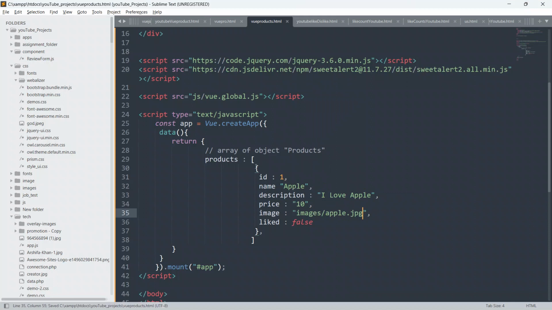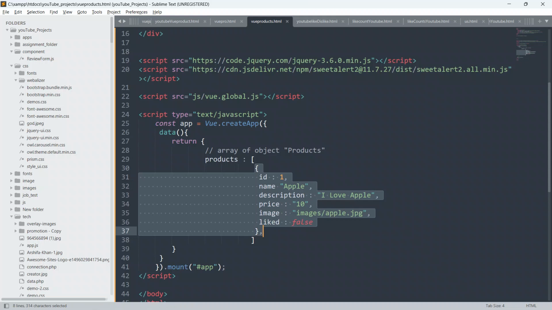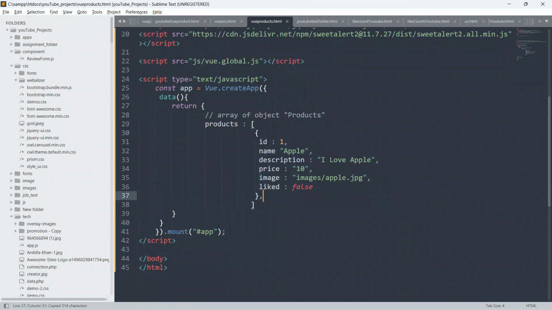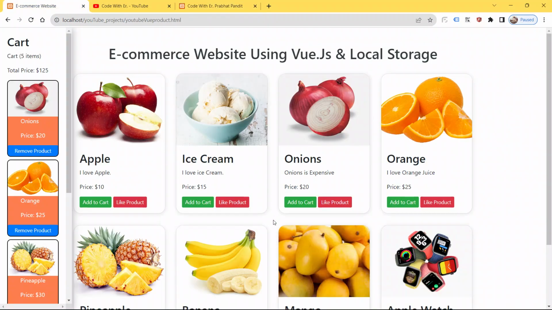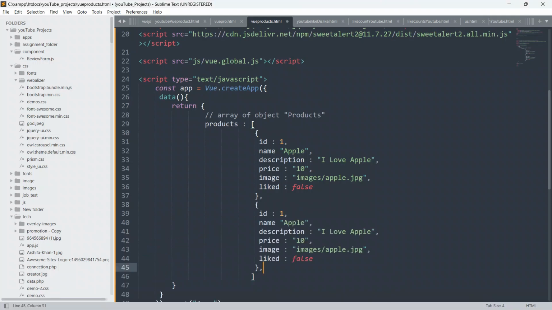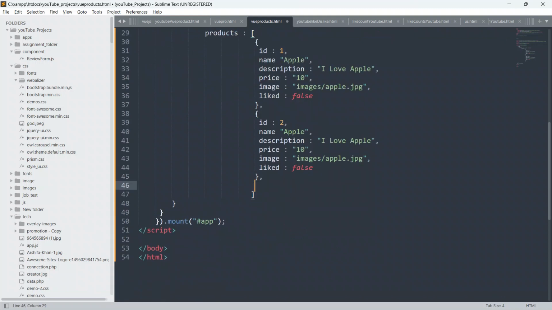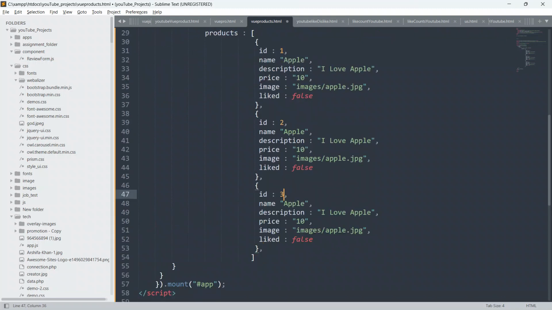Okay, so guys, just copy this first element from here, and we have to paste it 8 times. Because as you can see here, we have got the 8 cards as of now on our pages. So just go to the code again and put it again. Just paste it here, give 2, and paste it here, give 3. Later on guys, we will change product name, product descriptions, product price, and product images also. I'm doing this just to save a little bit of time only.